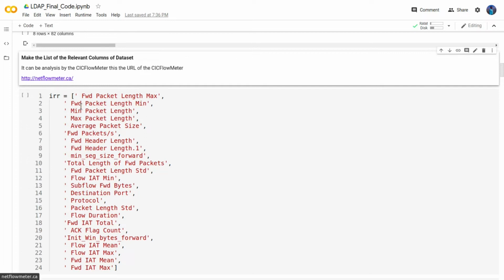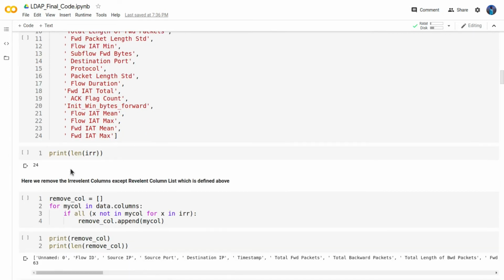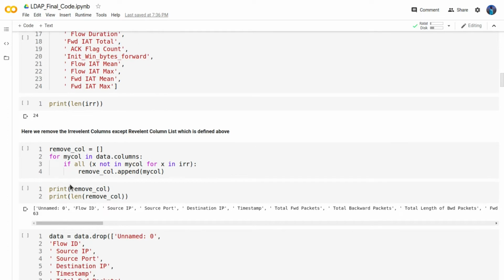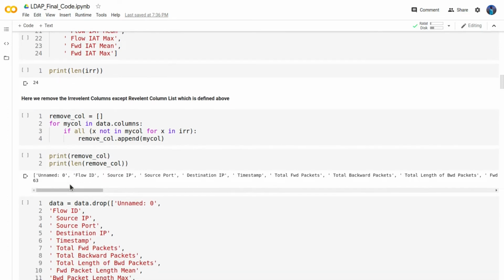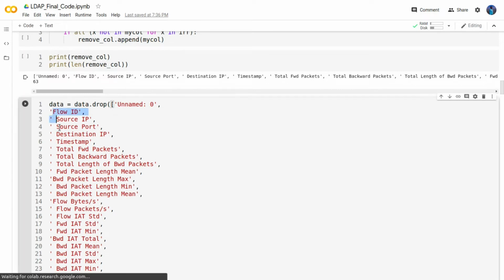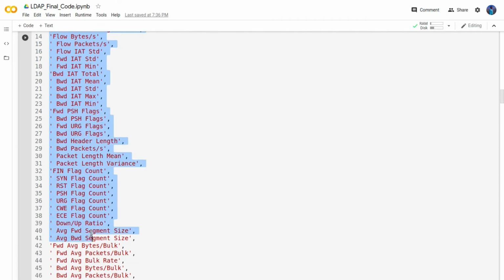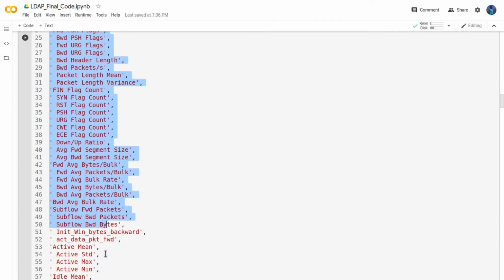There it is present. So these are the relevant columns, and the length of these columns is 24. Now I will remove the irrelevant columns from our dataset. These are the irrelevant columns which we will drop. This is called the data cleaning process.